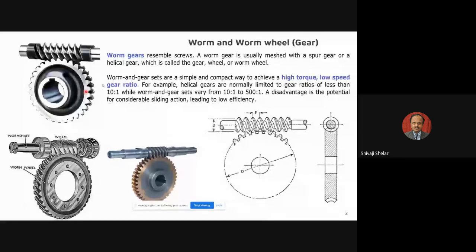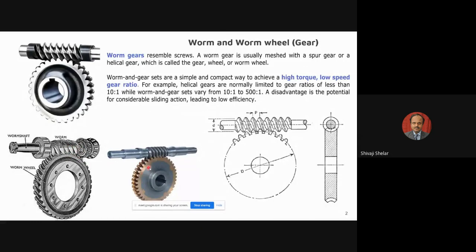I have shown some diagrams here. There are some variations. You can see this is the simplest type, the conventional one. Then we have ones where the teeth are not exactly parallel to this axis. They are inclined at a helix angle depending upon the worm structure. Suppose this helix angle is more, then this needs to be more too. So it is like a helical gear, but with a slightly higher helix angle.